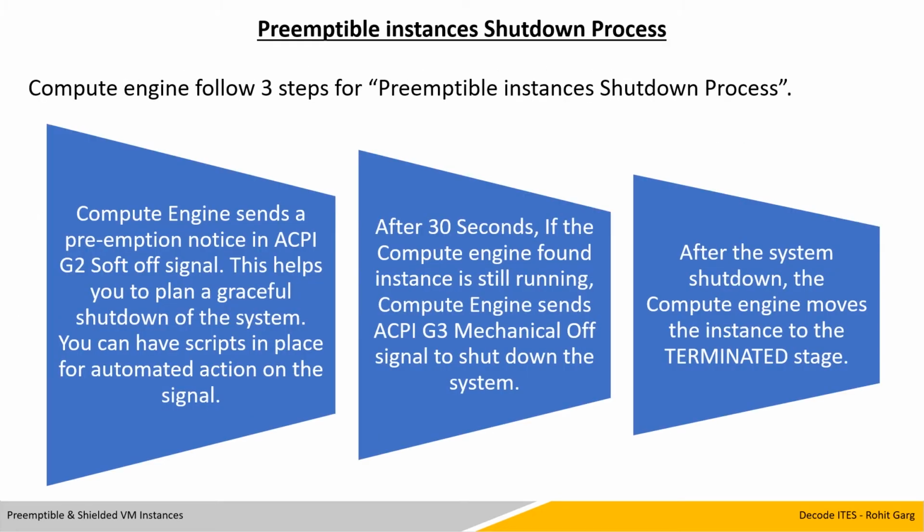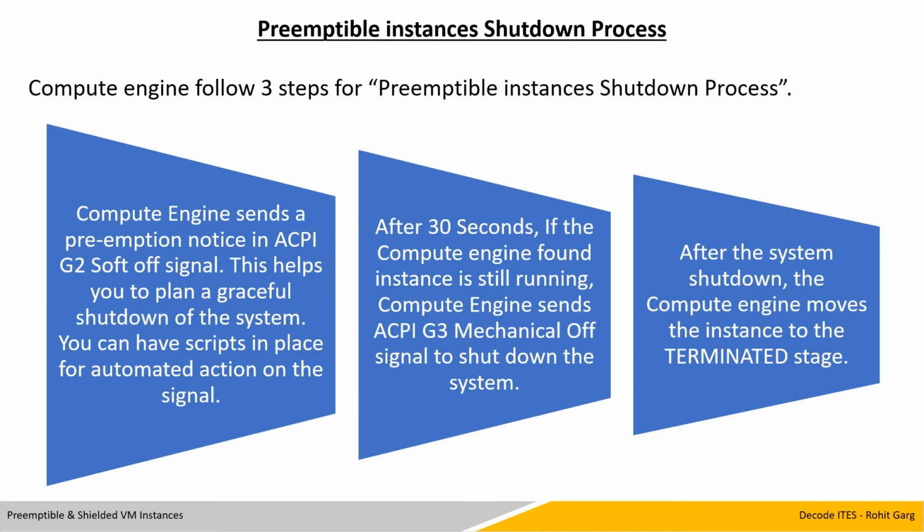Preemptible instance shutdown process. Why is it important to understand the instance shutdown process? In case your resources are asked back by the original instances, your machine will go down, or after an interval of 24 hours, your machine will go down. You should know the standard process of shutting down. This will ensure that your data will be saved or intact when your machine goes down.